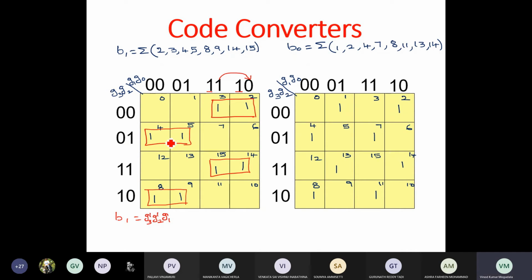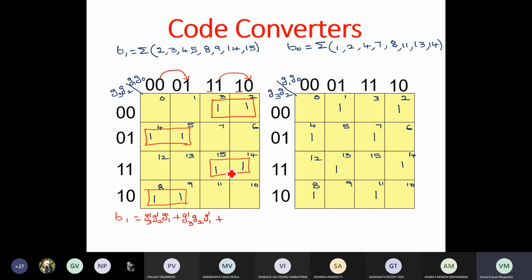And then what about this? For these two, Z3 is 0, so Z3 prime, whereas Z2 is 1, so Z2. Z0 is again changing from 0 to 1, and Z1 is 0, so we'll get Z1 prime.